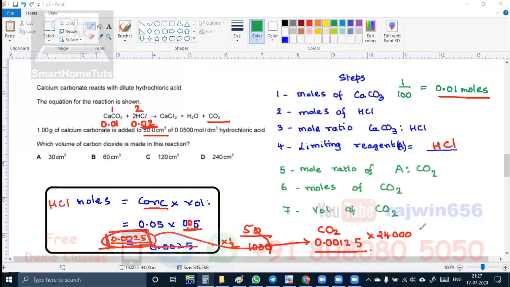So I don't understand, when we found the ratio of HCl to CO2, HCl will be 0.02. HCl is not 0.02. That much HCl is not available. If I am going to use 0.01 moles of CaCO3, I will require this much HCl, but that much HCl is not available. Only this much HCl is available. That's why this is the limiting reagent, because this value is less than 0.02. Now you are following it?